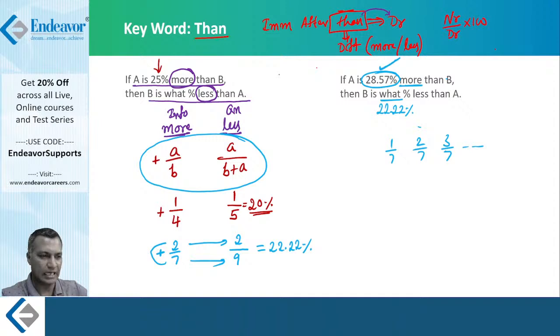Less than, the keyword is less. Now what is the information with a less on this? We can do pretty much as we did before. What is coming after "than" is B. I'll call the dummy value of B equal to 100. A is 25% less, so 25% of 100 is 25. Less means A becomes 75. It is not more, it is less. So A is smaller, therefore A is equal to 75. You got the dummies for A and B ready. So you may wonder, sir, you are writing dummies here, so what if I change the dummy?